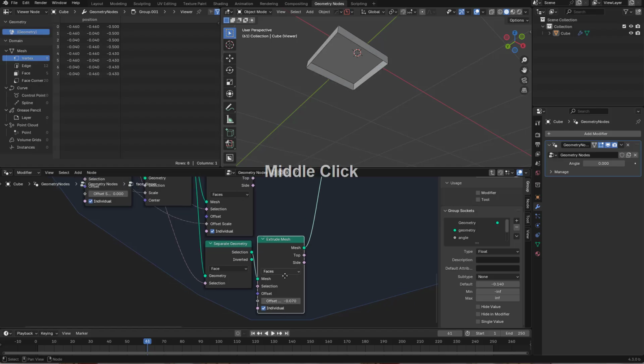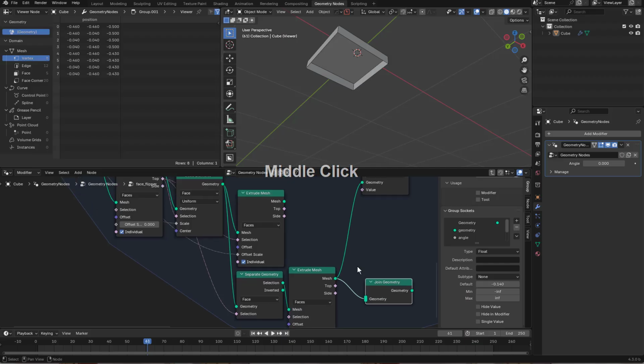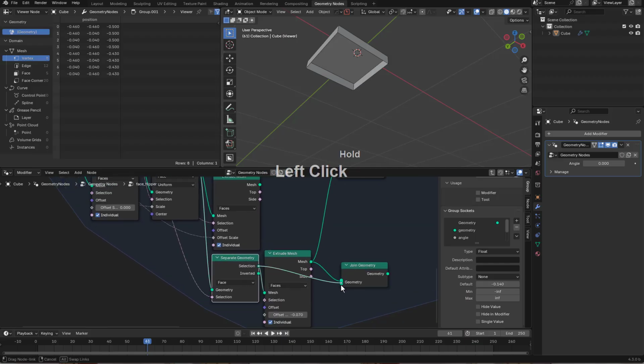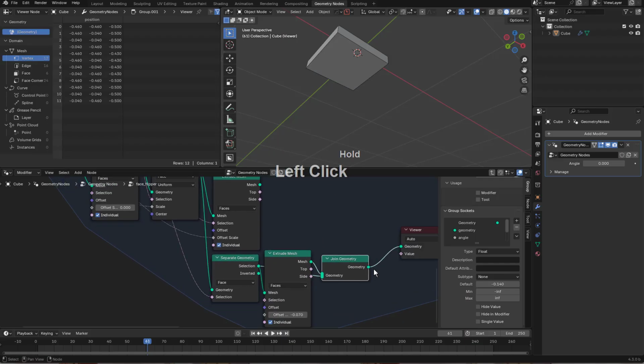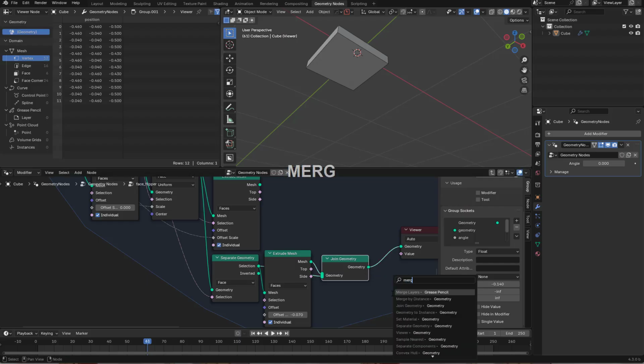So this one chooses how thick the piece is, and from here we'll join, giving us that, and then we could do a merge, not that merge,